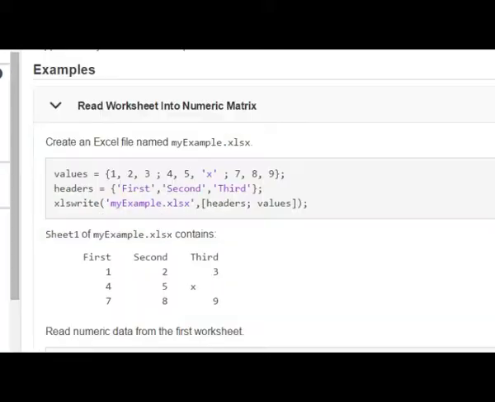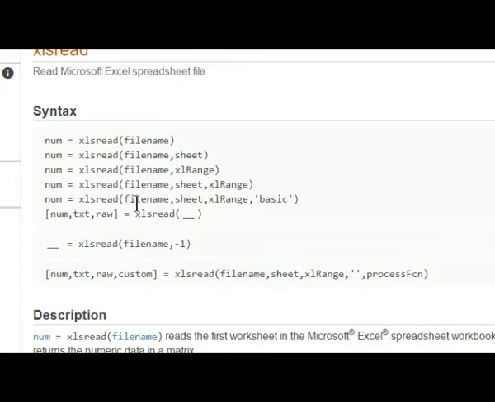The next thing is xlsread. If you want to read data from the Excel sheet, this was writing data to the Excel sheet. Most software stores data in Excel sheets, and an Excel sheet has thousands, millions of rows and columns. So it's not possible to copy that data manually. MATLAB provides you access to copy that data from the Excel sheet, process it, and then you can write again to that Excel sheet.